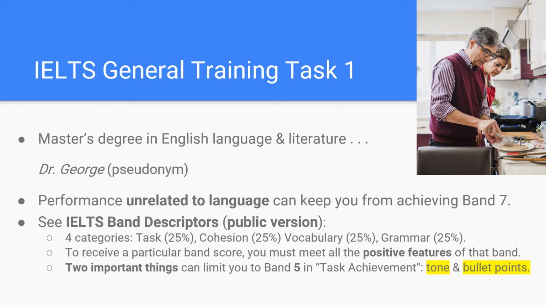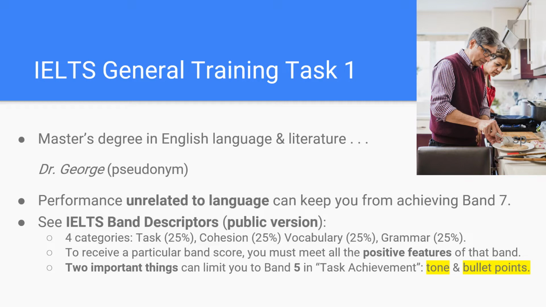What Dr. George did not know was that there are elements of the scoring for writing that are not directly related to grammar or spelling or vocabulary. They're related to knowledge and understanding of the particular task. This is the case in both Task 1 and Task 2 of the IELTS General Writing Test, but especially so in Task 1. As we'll see in our next slide, there are 4 parts to how the examiner rates your